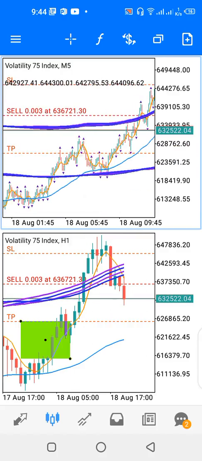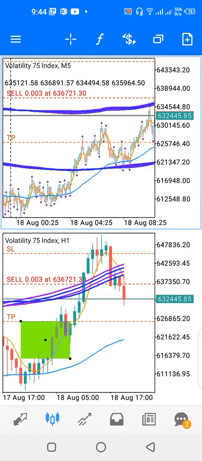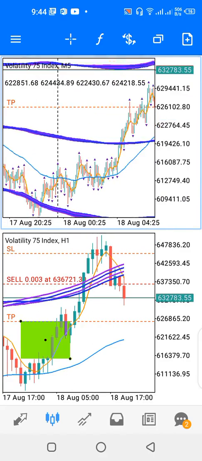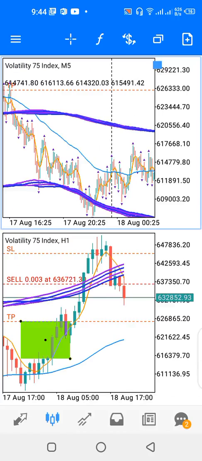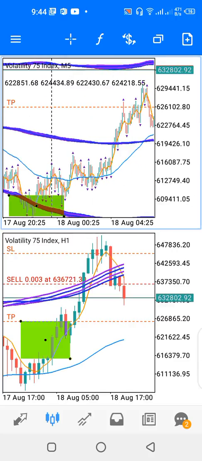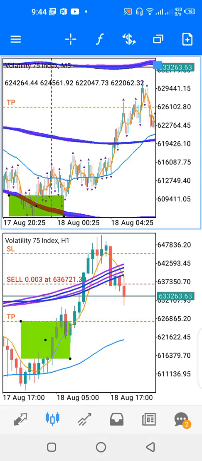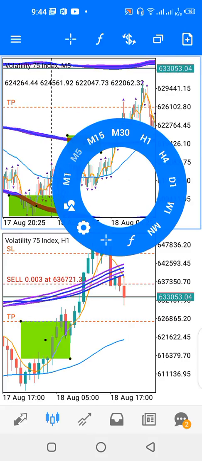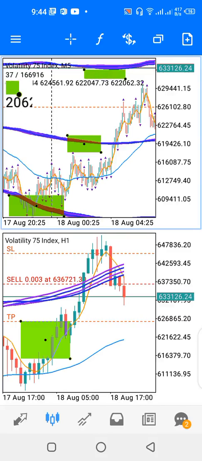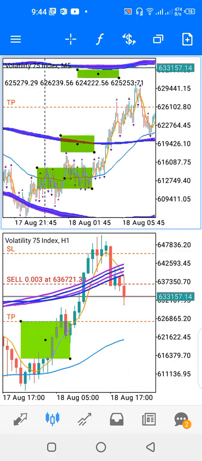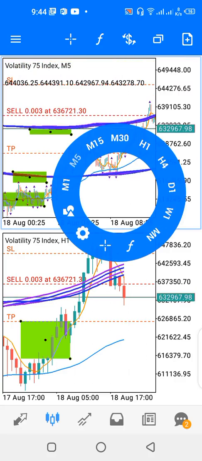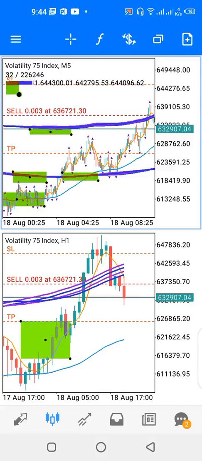Now if price touches the lower Bollinger Band, this is your lower Bollinger Band, this is your mid band, and this is your upper band. If price touches or scrolls down below the lower band and then rises up to cross above the blue moving average, that's a buy signal. Of course, you can start to buy from there, or you wait for confirmation when it crosses